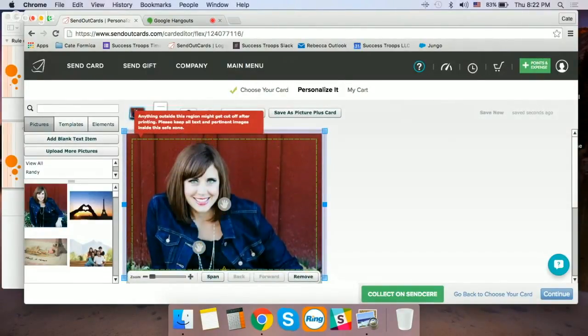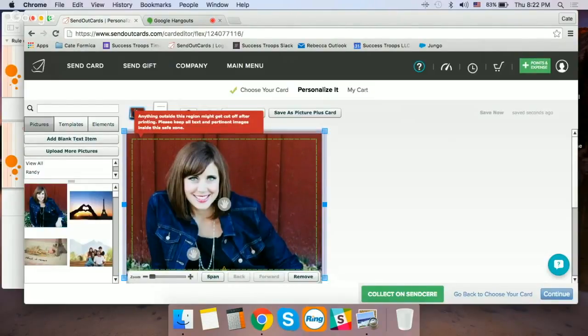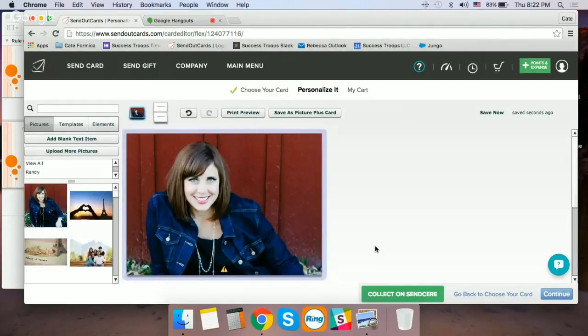But in this case, the picture is large enough that it's not going to let me move it left and right. But it's fairly close, so I don't get too, like, it has to be right in that intersection. This really does follow the rule of thirds the way it is. I would prefer she moved a little to the left. However, I'm not going to recreate the wheel here, so I'm going to leave it.